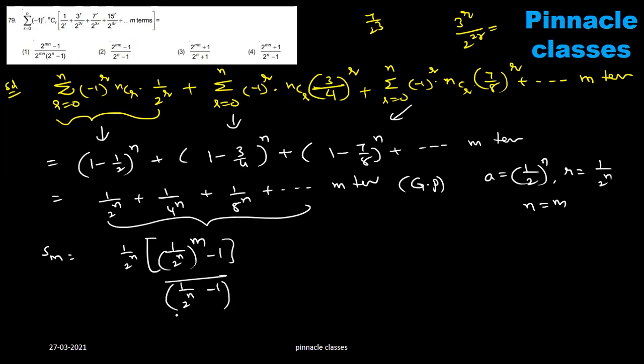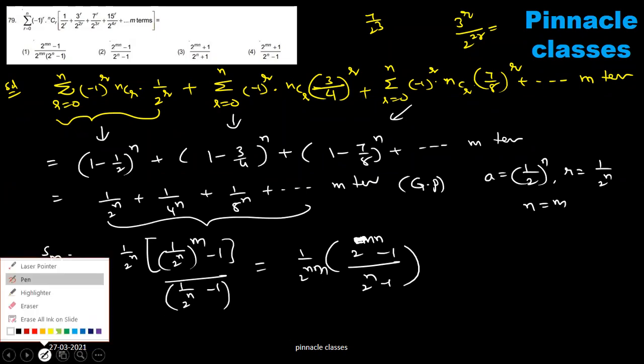This is the question. So take the LCM. What result is coming? 1 by 2 power n into, taking the LCM, 2 power nm. 2 power mn minus 1 by... this is the result coming. See, 2 power n, 2 power means what case? After taking 2 power n, cancel. 2 power n is coming. Minus, there is a common factor in the numerator and denominator. That is the case.